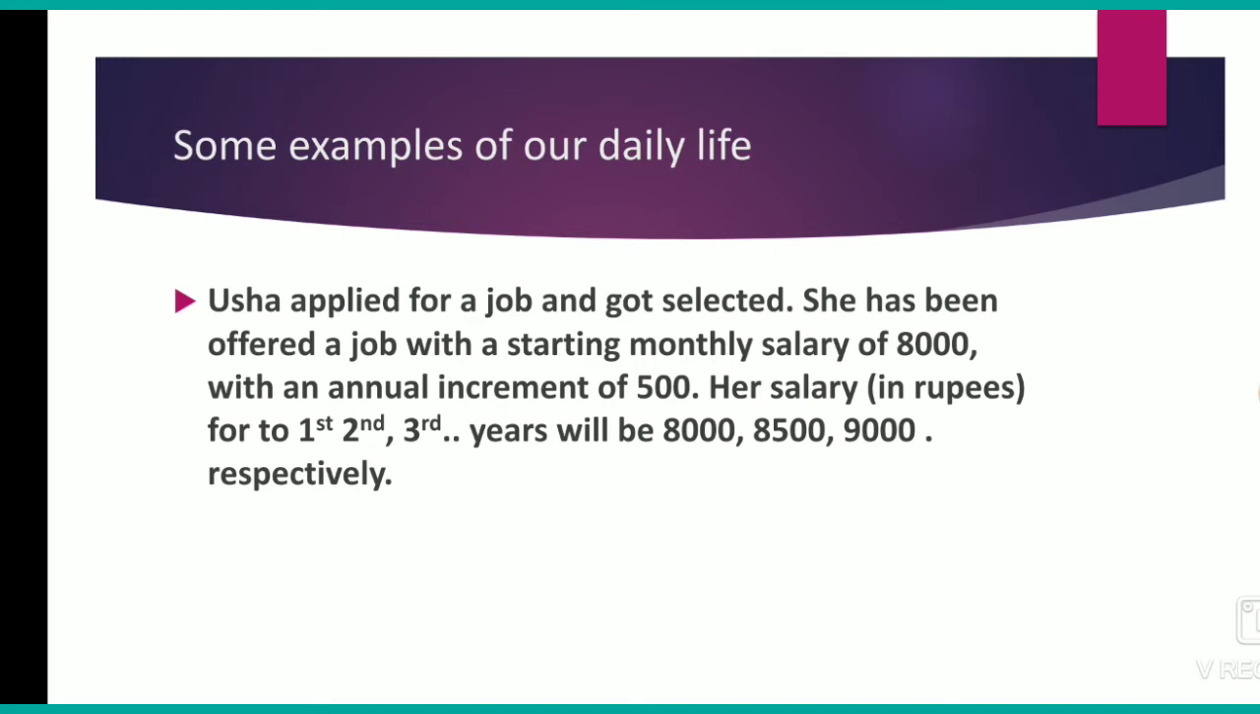So here the annual increment is how much? 500. So we should add 500 to the 8,000 to get the next year's salary. And to get the third year's salary, we have to add 500 to the 8,500. And next,